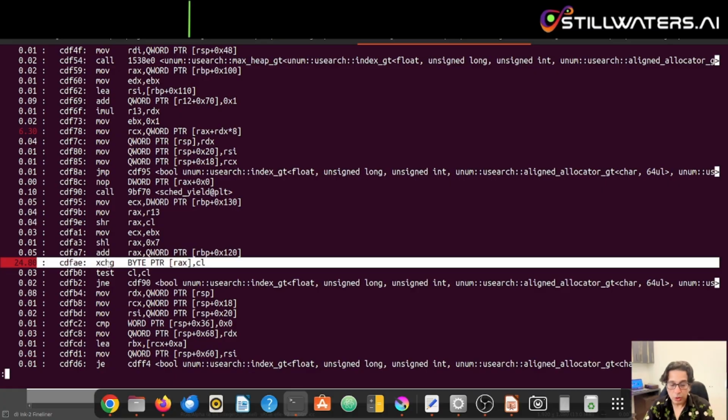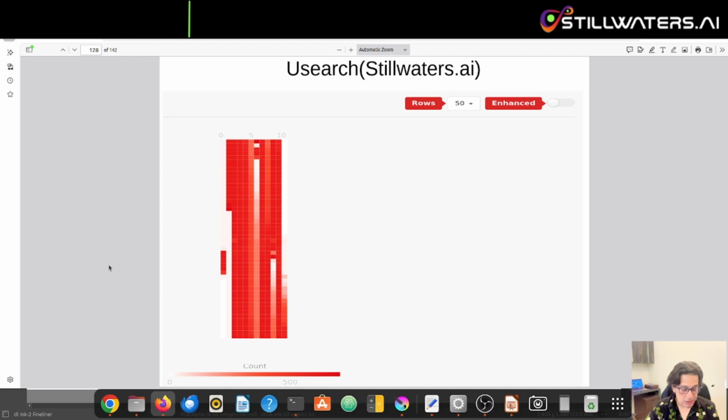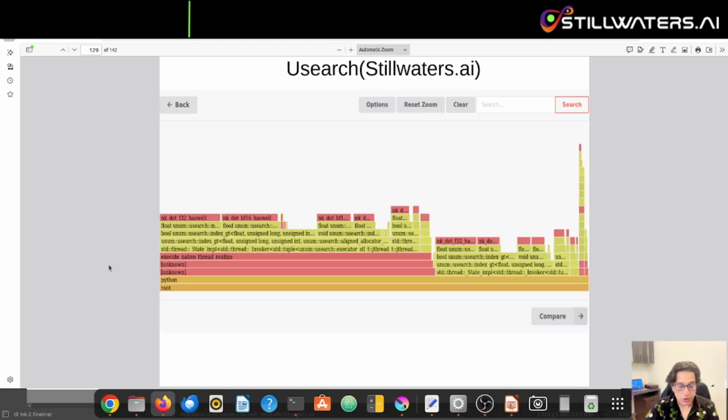So, all right, about 26.80% of the time is exchange. There's no lock here, if you see. The lock prefix is not used. That's because exchange has an implicit lock built into it. All right, so on that note, we'll wind up the discussion on Stillwaters Usearch as far as the algorithm and